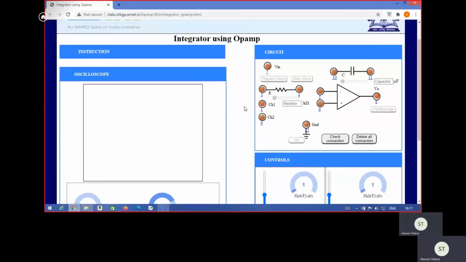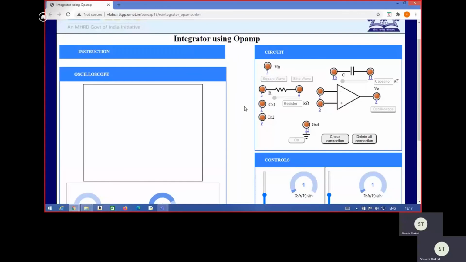Today we are going to perform an experiment via a virtual lab platform, and the aim of this experiment is to trace the wave shape of the output signal of the operational amplifier as an integrator. So we are providing two types of input signal.